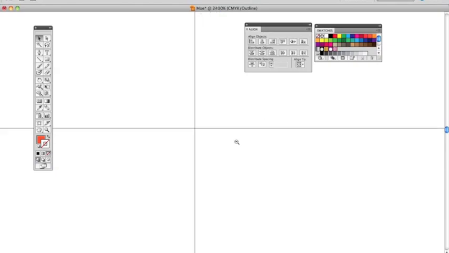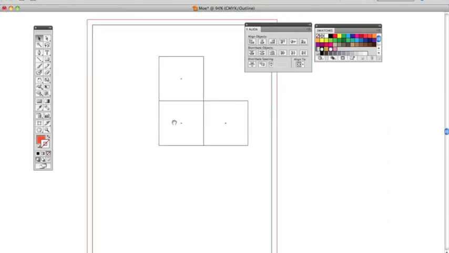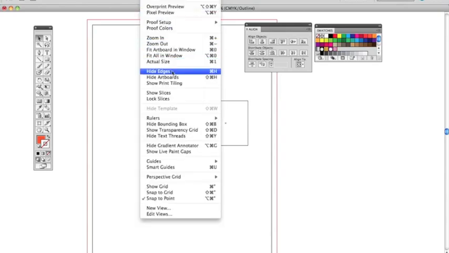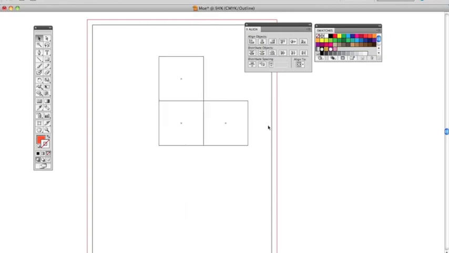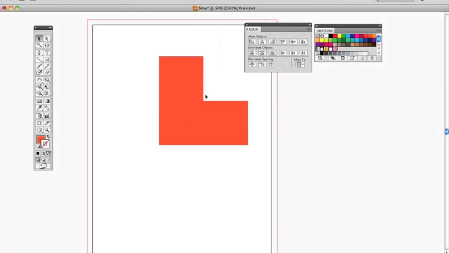Now I'm going to zoom out like this, and you can push Command 0, it will zoom out all the way. Or go to View, let's see, zoom out, fit in window, actual size, and so on. I always fit Artboard in the window. Okay, now we'll go to View, Preview, and it will get us back to our squares. Let's select this, and